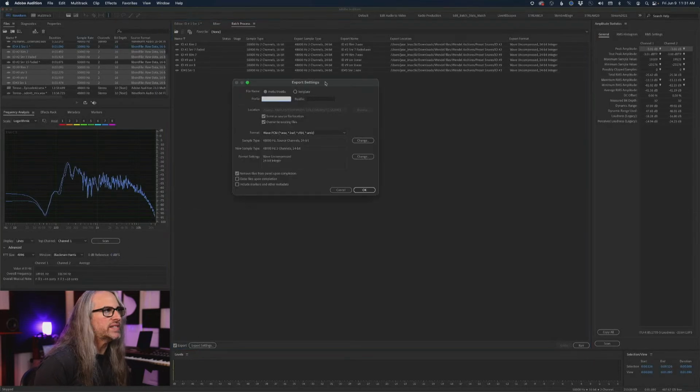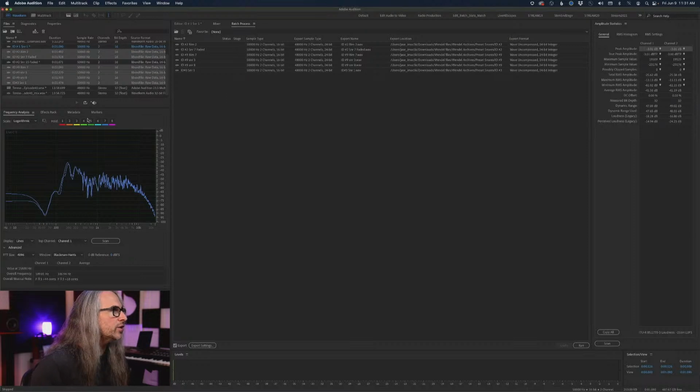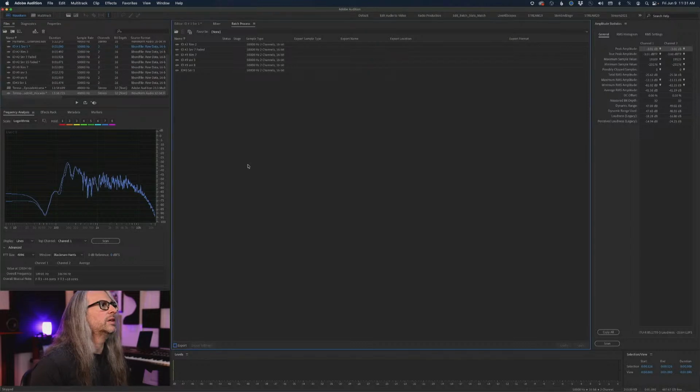And if you go into export settings, it's the same dialog. Now, in the case of all of these, because these were raw PCM, yeah, I would likely save all of these to a .wav or .aif. That would make a lot of sense. Put it into a more traditional format. But I don't have to. I'm going to disable the export.